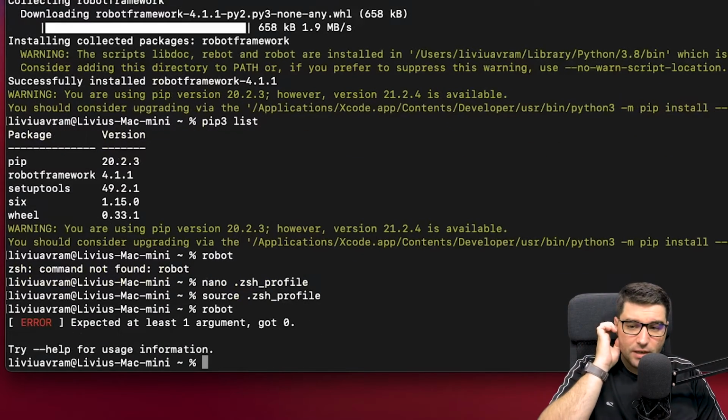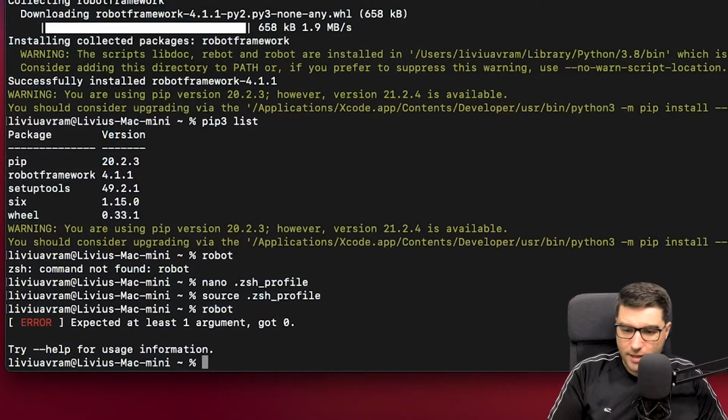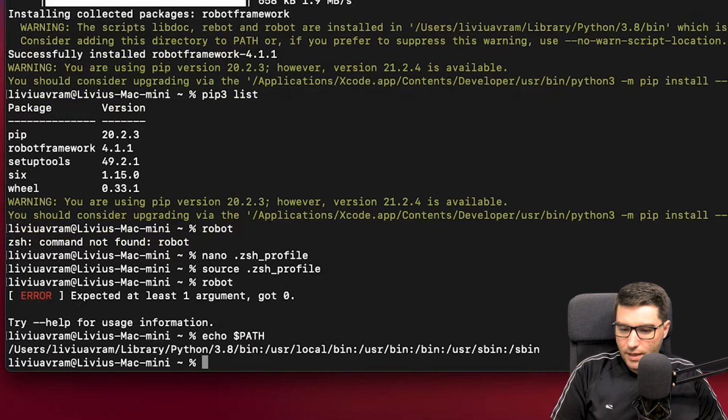So if you're having trouble recognizing the command robot or any other command, check that your path is correctly set. In my case, the way I can check is to do an echo and then say $PATH. And I can see all the paths that are available on my machine for the time being.